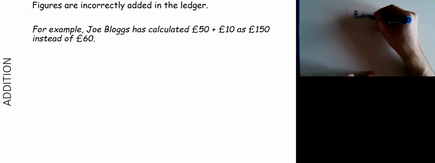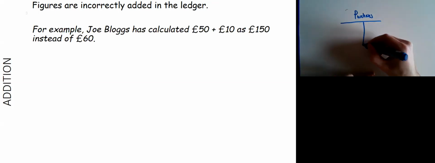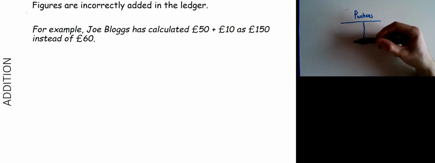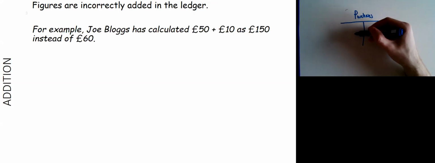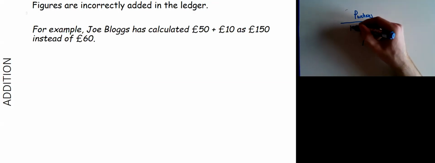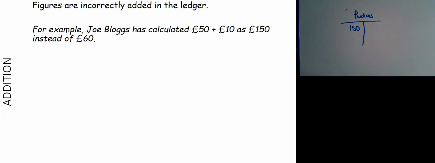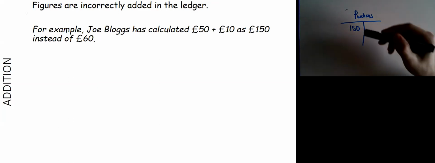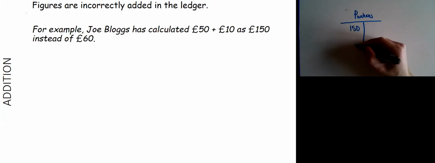So in the purchase account, when he's totaled it at the end of the month, instead of adding the 50 and the 10 and putting 60, he's put 150. Now I know I've switched my colours up here, it's going to annoy me. So 150 is what he's done. What he should have put